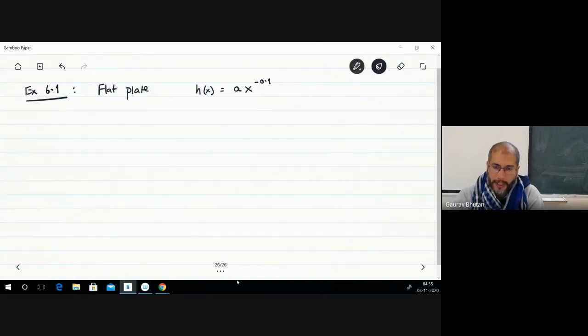So what we are seeing is that your heat transfer coefficient H, now remember that we're talking about the laminar regime here. We haven't still talked about turbulent boundary layers, so we'll talk about laminar layers. So in this case, you have H is x to the power of minus 0.1. So what do we see? We see that as x increases, your H decreases. And is that in line with what we discussed earlier?